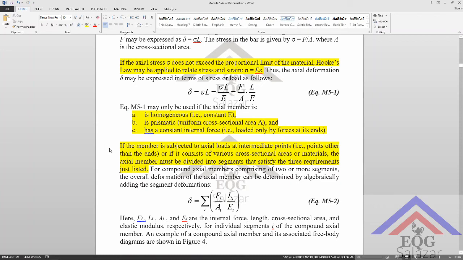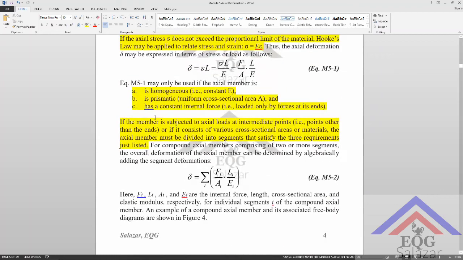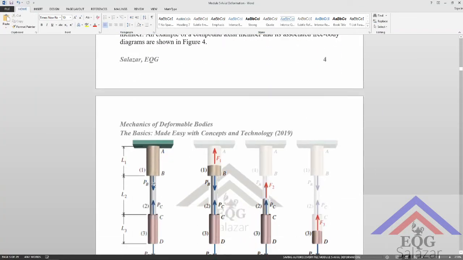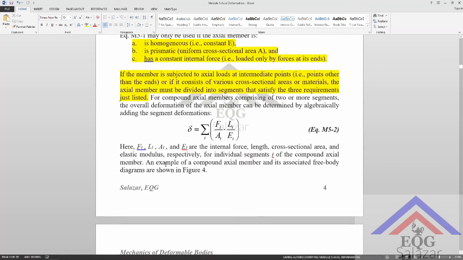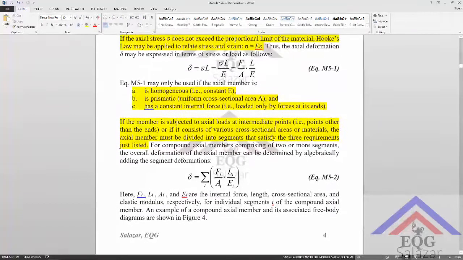Okay, so an example of this would be here. This is a compound axial member where we have one, two, three segments and only one force applied to each. One force here, one force here, one force here. Basically, what this means is you have to break this down into segments, because every segment has its own internal force that is constant, so that we can apply equation M5-1 based on